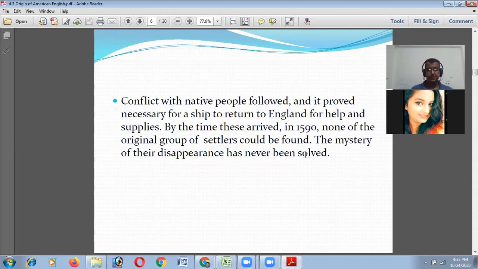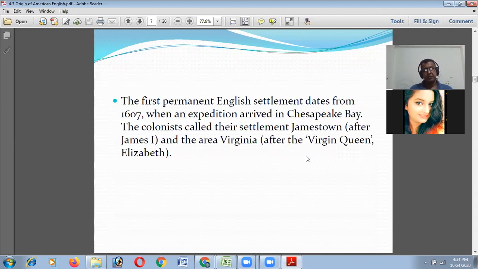By the time they returned in 1590, none of the original group of settlers could be found, and the mystery of their disappearance has never been solved. Actually, it was observed that in 1590, the people who came from England to America had disappeared. Where did they go? It was a mystery. The first permanent English settlement in America was in 1607, when an expedition arrived at